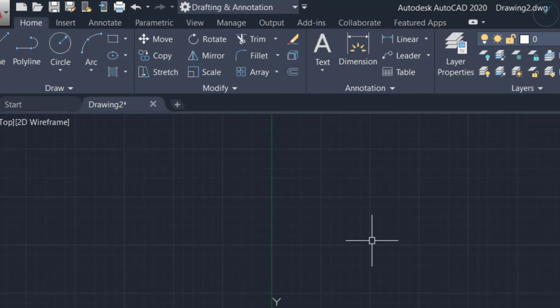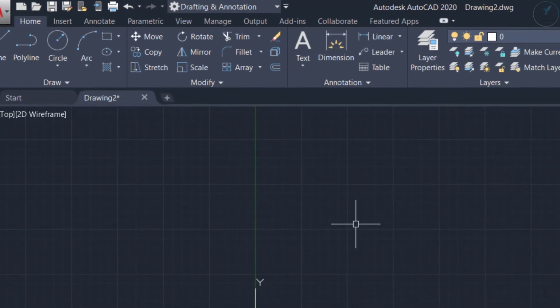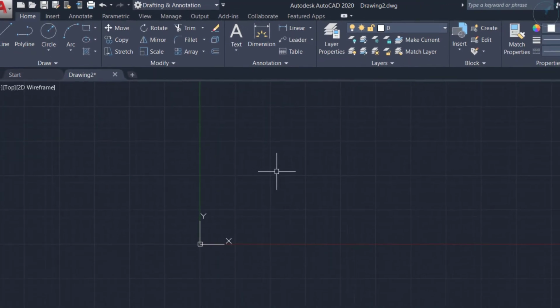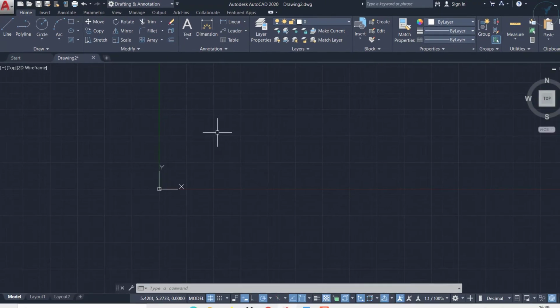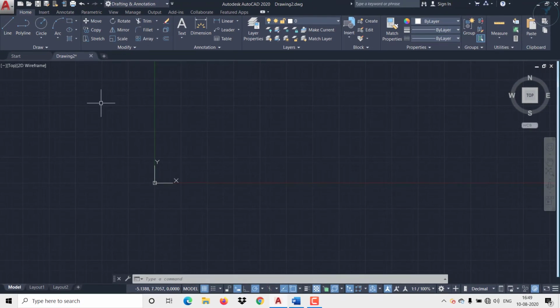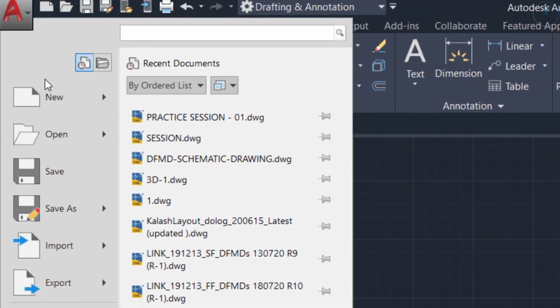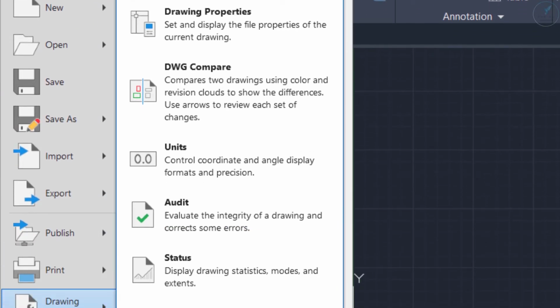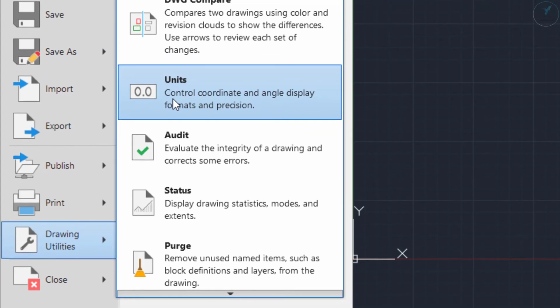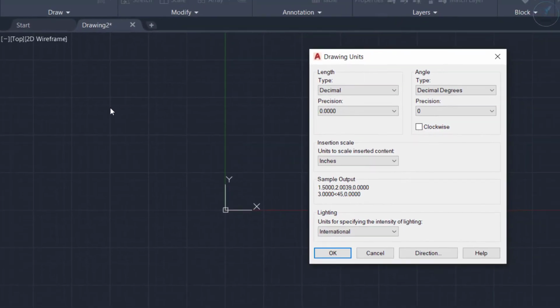Those things we will see later. So the next important thing we need to check before starting our drawing is the units. If you want to check or set the units for your drawing, we have two options. First, you come to the application menu, in that Drawing Utilities, and in that we have Units.